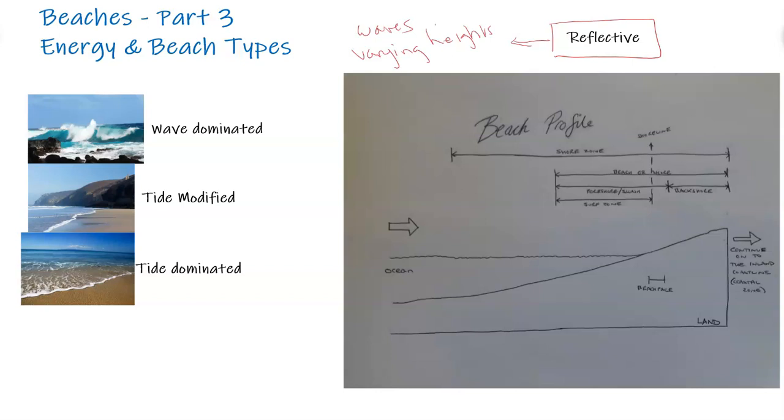Now, generally they are smaller or low waves, low wave height, generally. But reflective can be linked with wave-dominated beaches. So the waves are small and there's less tidal range. And when I talk about tidal range, I'm talking about the RTR, which is the abbreviation of relative